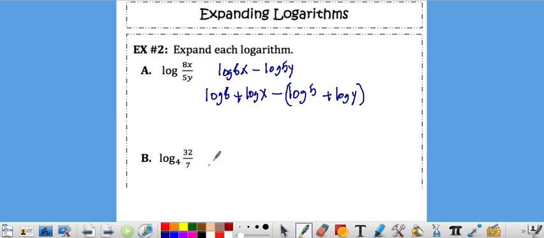Let's try this last one. You got log base 4 of 32 over 7, so that is log base 4 of 32 minus log base 4 of 7. It looks like we're done. We could simplify this a little bit. So if you want to write this as log base 4 of 2 to the 5th power,